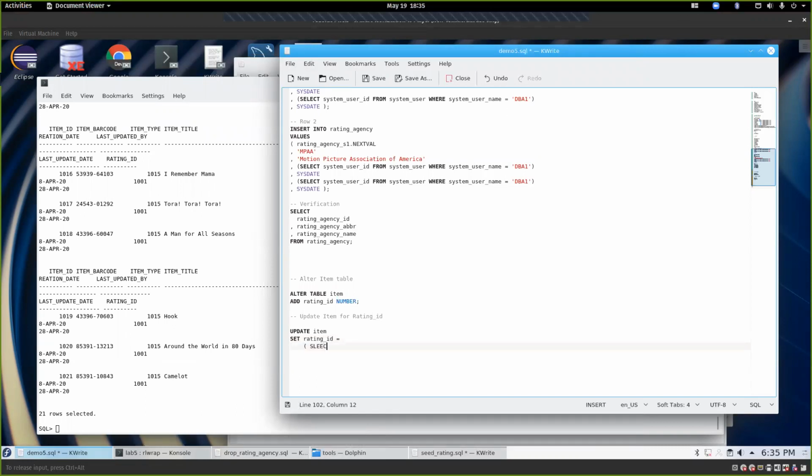We are going to select rating ID, let's tab this over so it lines up, from rating, where,